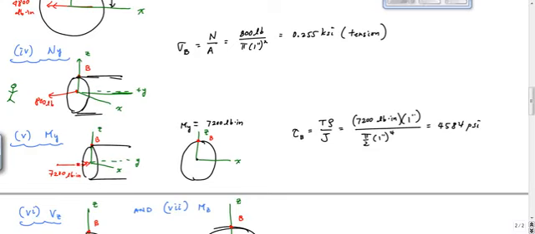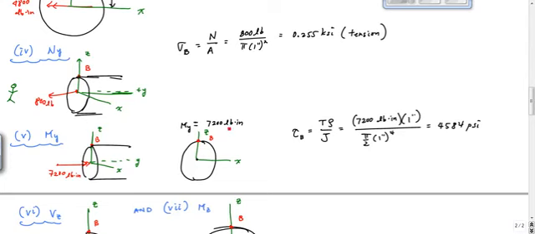So let's see, where did we leave off? We had looked at the torque here. We found that the torque is in this direction. And then we calculate that the stress induced at point B here is a shear stress on B due